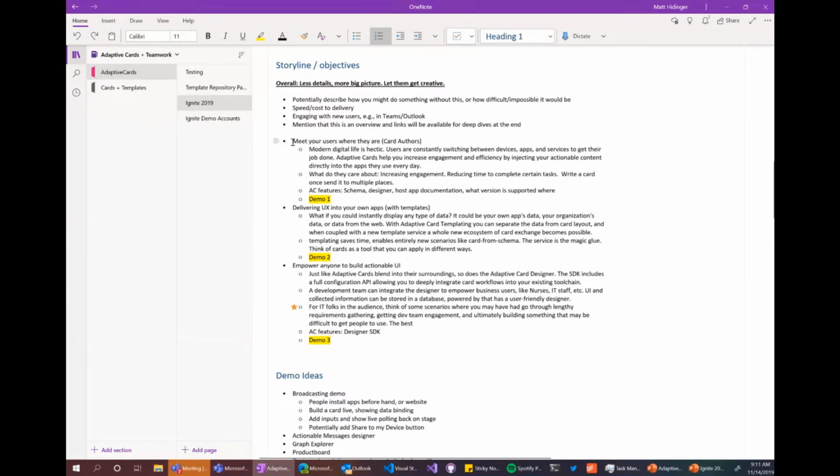The first one, as it started out, was meet your users where they are, and it's where I think the main scenario that adaptive cards helps with is users are constantly switching between devices, apps, and services to get their job done, especially business users.